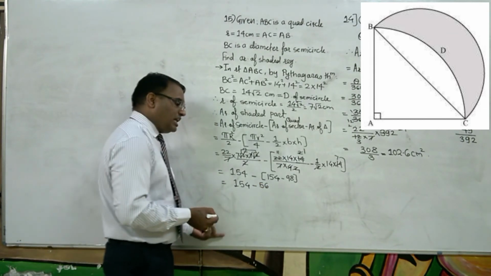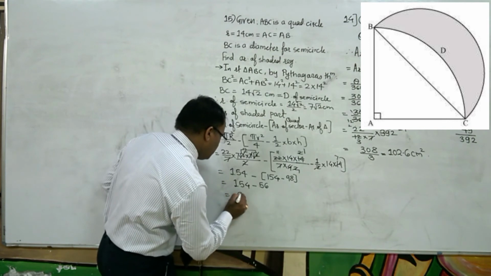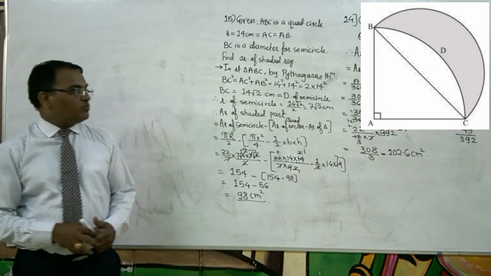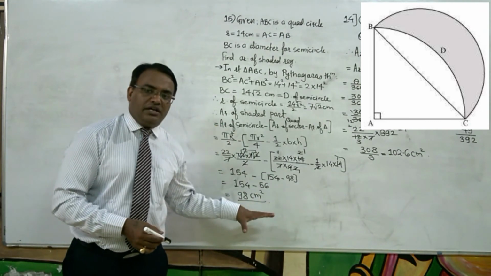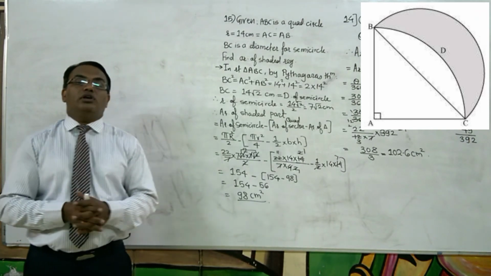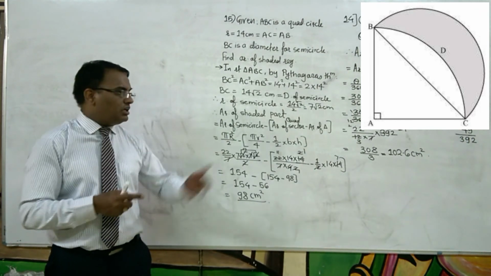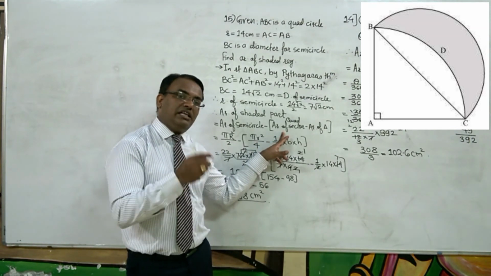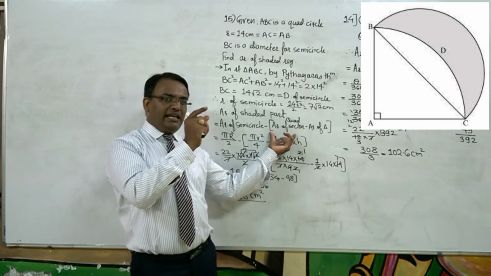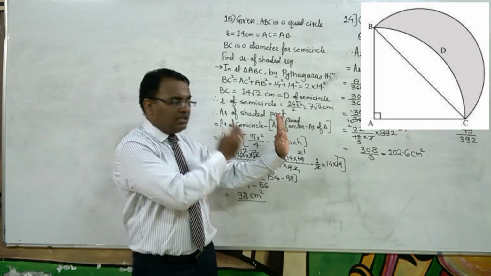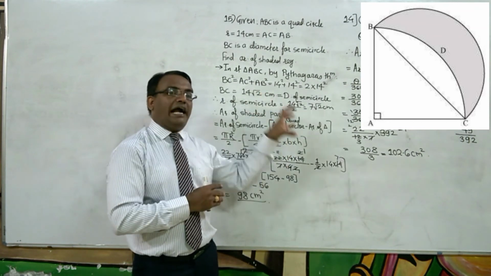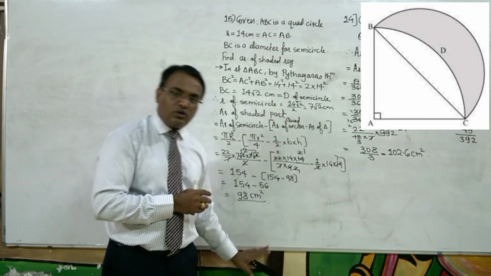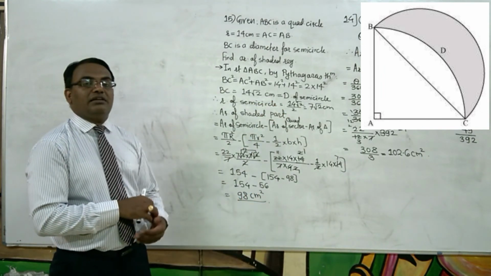56. And if you subtract 154 minus 56, again you will get 98 centimeter square. Okay, so hopefully you have understood. Observe the diagram carefully, and after that everything will be clear. First find the area of the sector, then from that area of the sector or quadrant you have to subtract the area of the triangle to get the area which is between the shaded part and the triangle. Because that part only we have to subtract from the area of the semicircle. Is that okay? So it is nothing but 98 centimeter square.